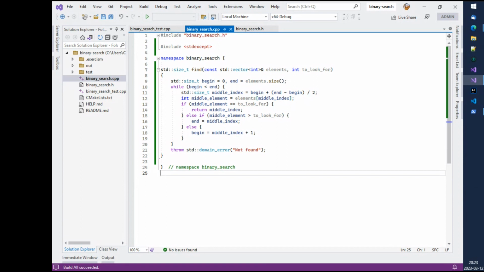So if you look at the implementation of our code here, it's impossible for someone to call this code with a null reference to the vector. Whereas if I was to define it as a pointer to a vector, it would be possible to call the function with a null reference to the vector. Sorry, I'm confused about methods and functions tonight. The function would have to check whether or not